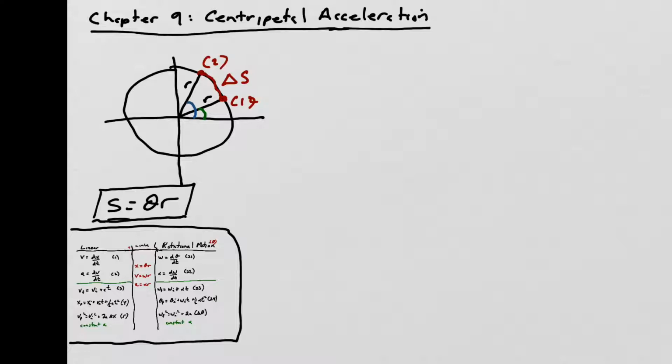So, let's take a look at this circle that we have drawn here. If we have 2 points labeled as number 1 and number 2, and since we're talking about circular motion, if we're going to travel from point 1 to point 2, in some ways, we're going to draw out a triangle which looks like this. Now, in reality, we know that this triangle is really going to be a little piece of arc length along the circle. But we're going to do a limiting process at the very end, where if we let the distance between R1 and R2, namely delta S, become very small, then this would really be a tiny triangle. Now, that is one triangle that we can draw, but there's actually another triangle that we can draw